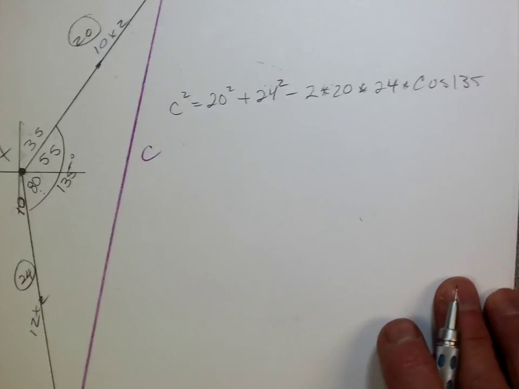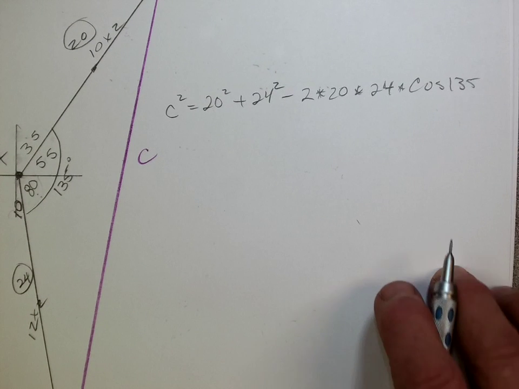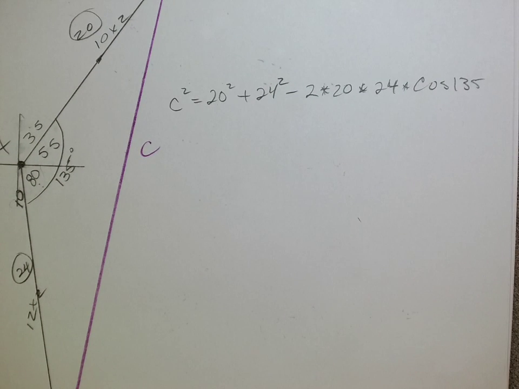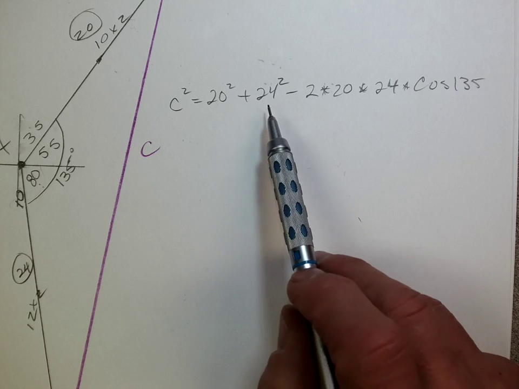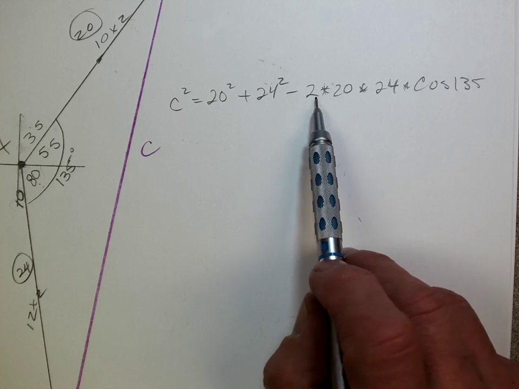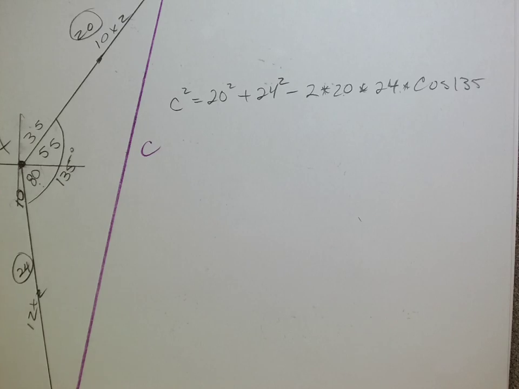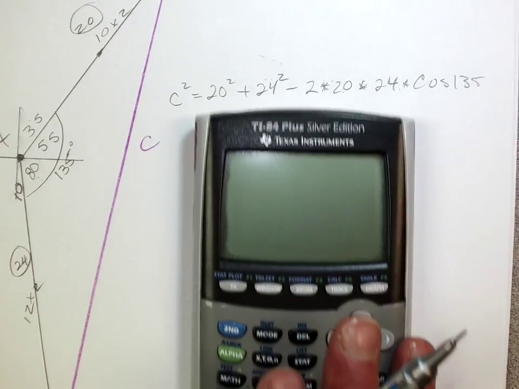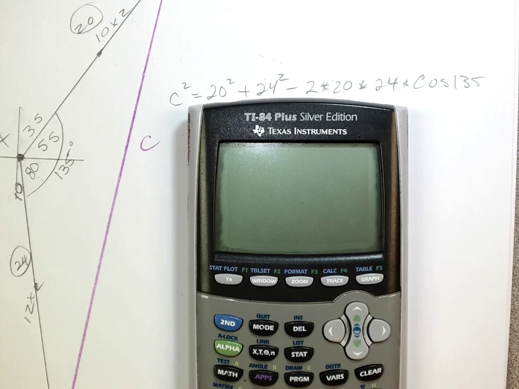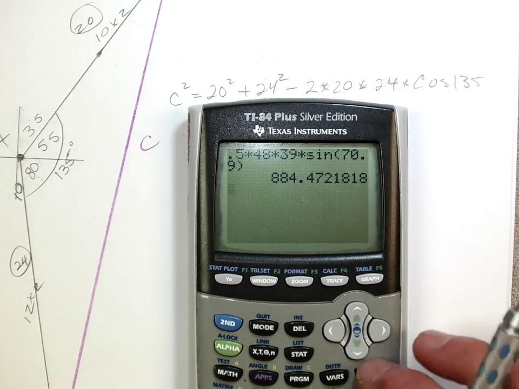Well, I know side angle side, so I'm using that one right there. Opposite squared equals adjacent squared plus adjacent squared minus 2 times adjacent times adjacent times the cosine of the angle, okay? All right, let's type that in my calculator, see what I get. All right. 20, turn on, clear. 20